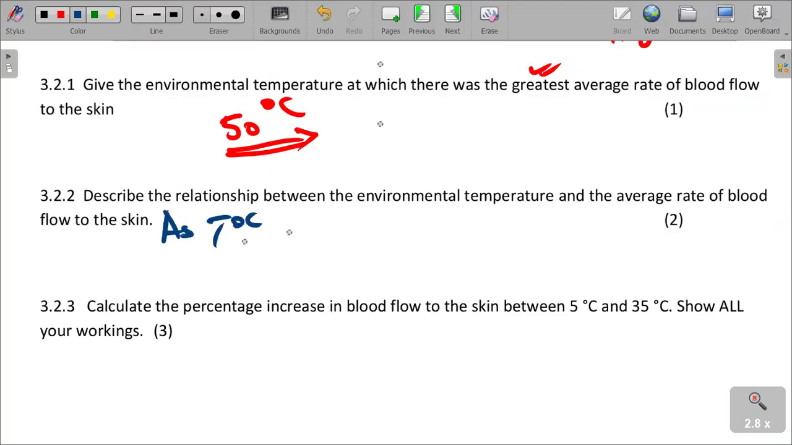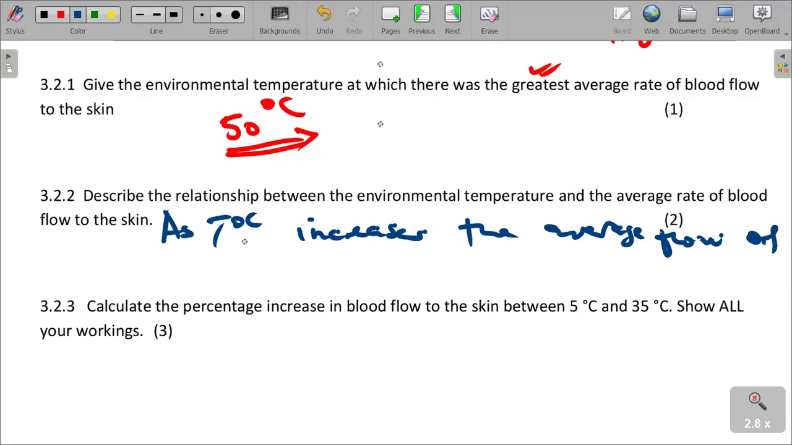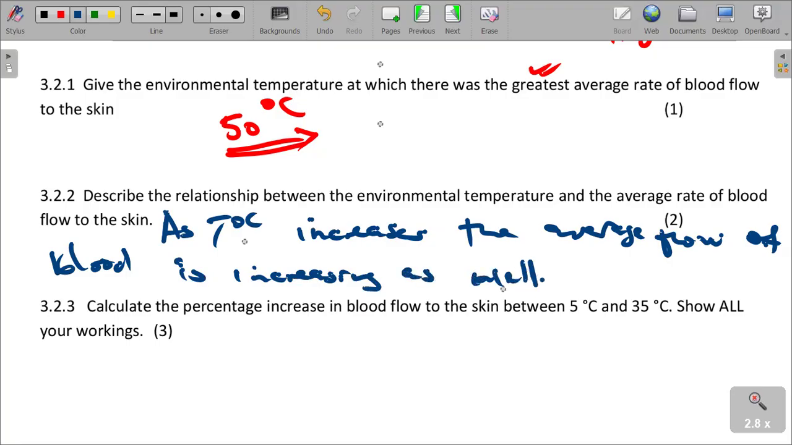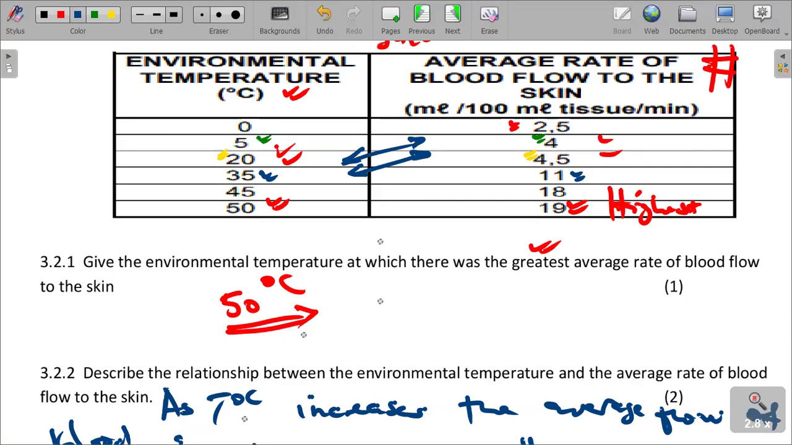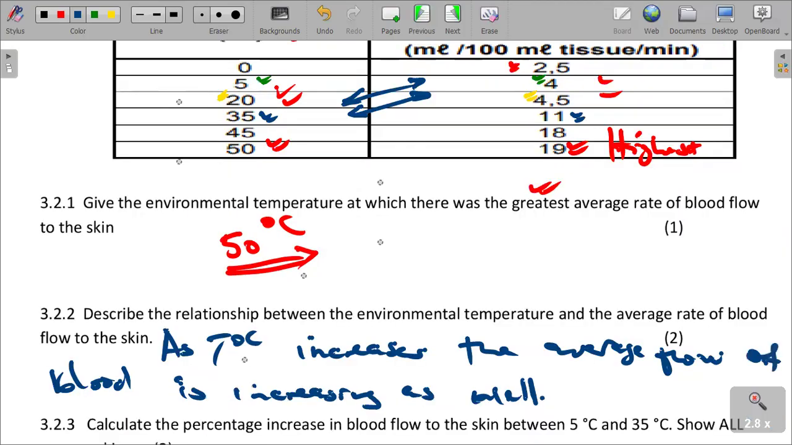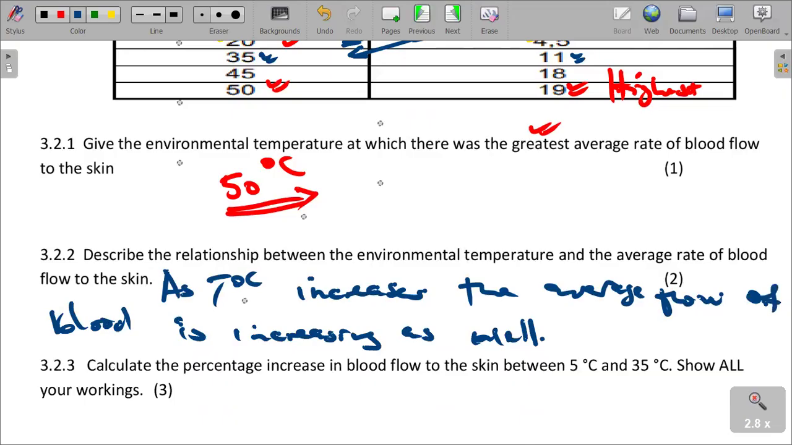As temperature increases, the average flow of blood is increasing as well. We are seeing an increase in temperature, which is also resulting in an increase in flow of blood to the skin. Naturally, that's what has to happen, or when temperature increases, the flow of blood to the skin